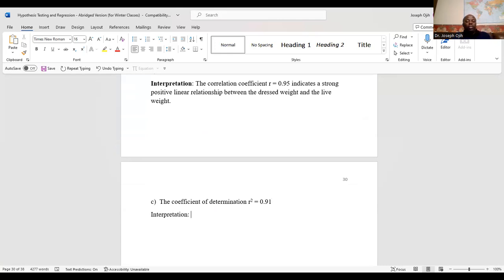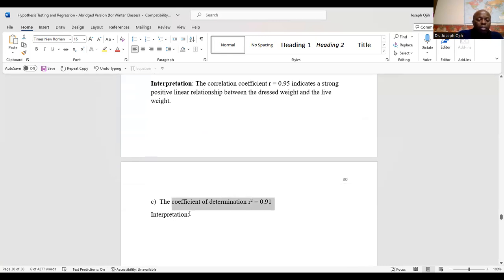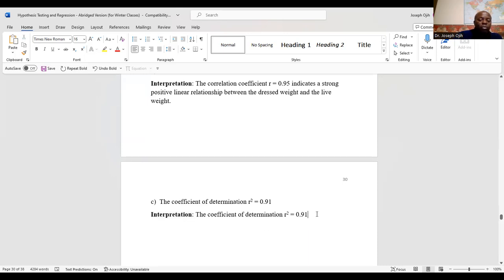So the coefficient of determination, r squared, is 0.91. Make this one bold. The coefficient of determination, r squared, which is 91%, means that